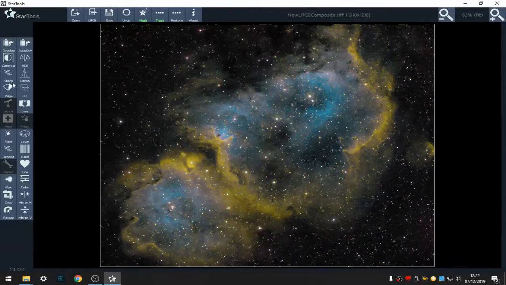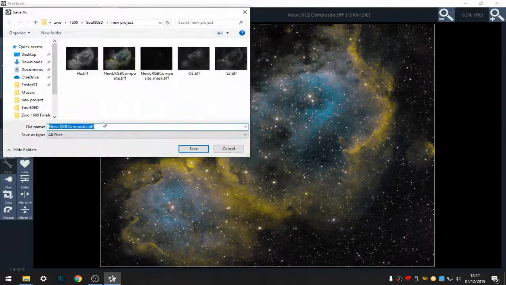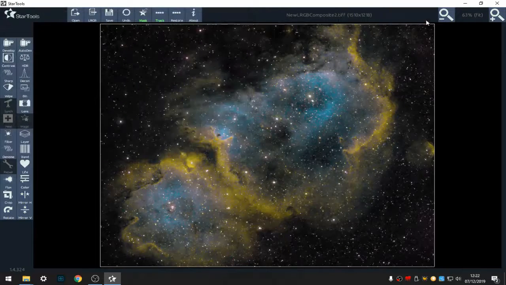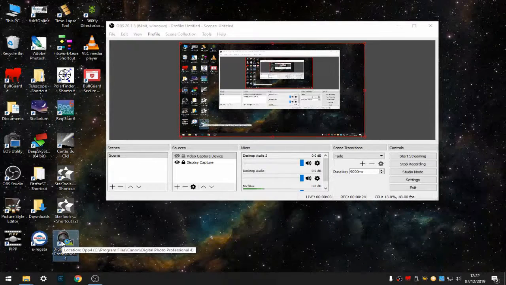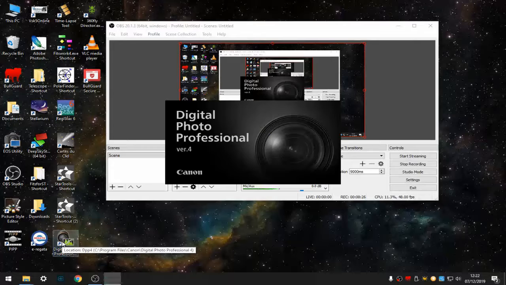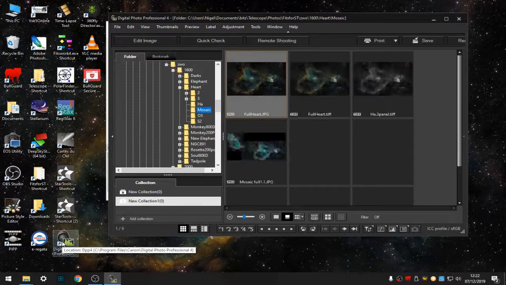Now it's up to sharpening and all the other bits and pieces which take a while. But what I'll do is I'll save this. Number 2 on that one. Save, and then show you quickly my next step, which I use for this. You can use Paint Shop Pro. There's thousands of programs, and what we're going to actually do is just adjust the colour channels